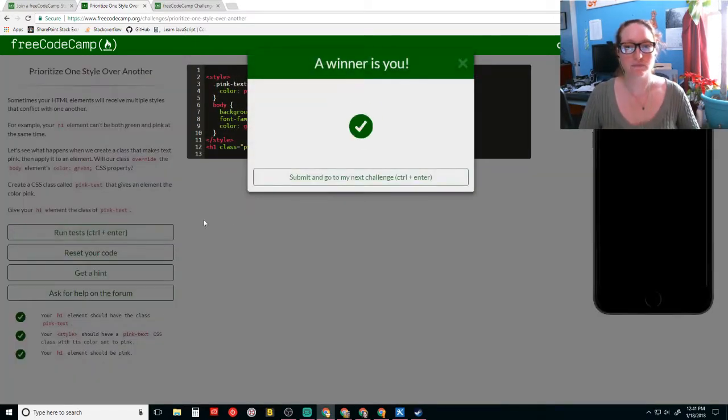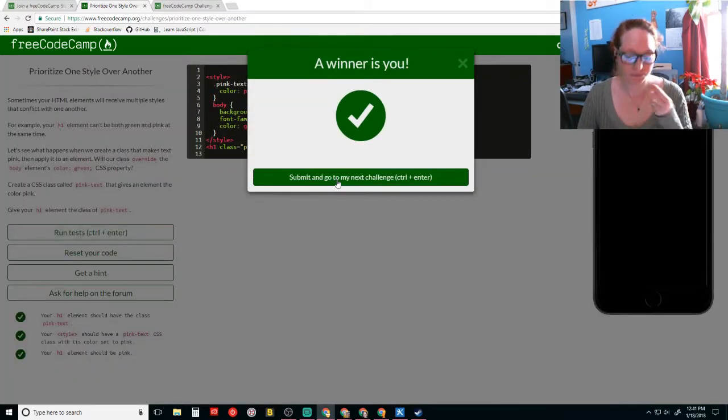Done. All right, and then brackets when defining an element, a style element. I think that's what it's called.